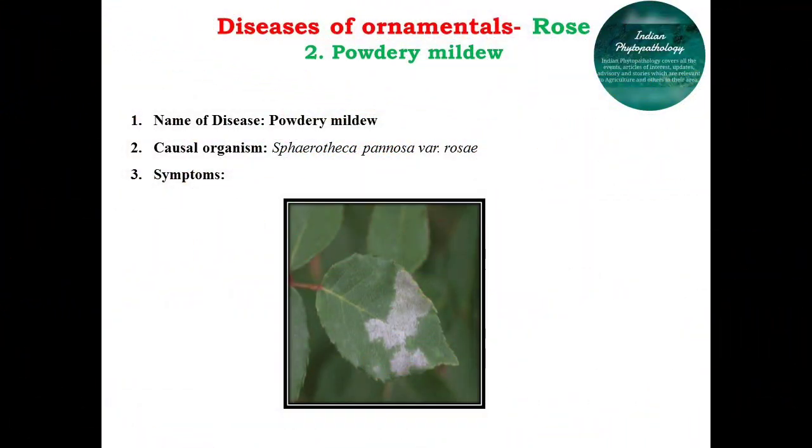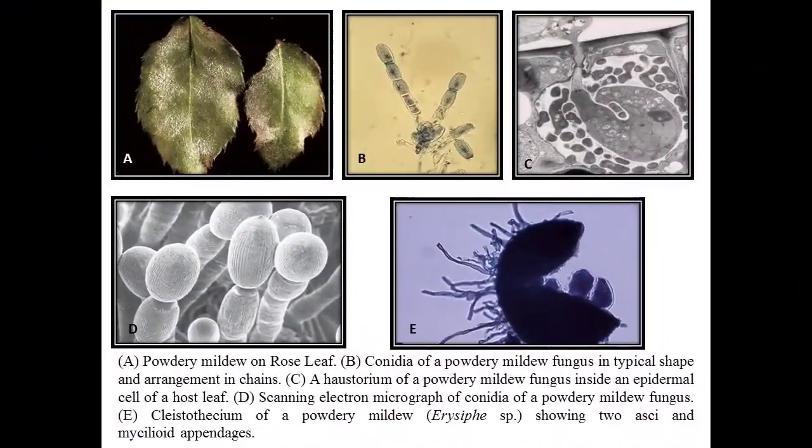The next disease is powdery mildew of rose, and it is caused by Sphaerotheca pannosa. Here you can see the symptoms of this disease. The infected leaves show grey colored powdery mycelial growth on the upper surface. Rolling of all leaf margins with onset of sprouting has happened. Affected leaves become curled and distorted. Badly infected flowers fail to open.